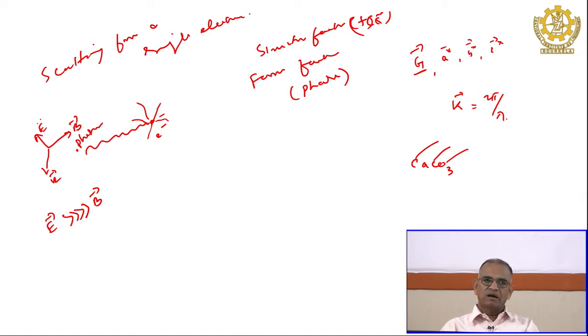In comparison to the electric field, the magnetic field is very weak. That is why we neglect it, and hence the mathematical derivations are all in terms of electric field E, not in terms of magnetic field B, because the magnetic field is very weak in comparison to E.